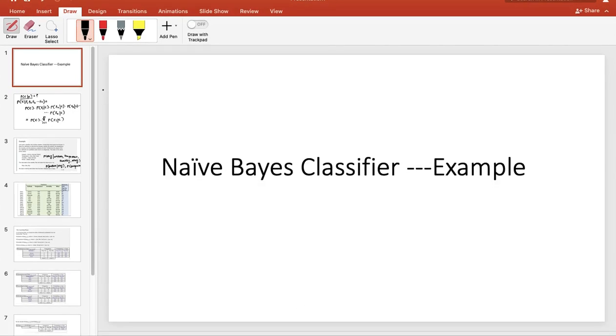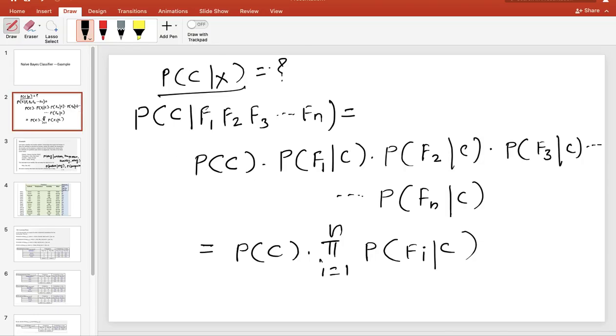So, naive Bayes classifier example. In the earlier video, we saw how the naive Bayes classifier works. In the naive Bayes classifier, the problem statement is: given a data point x, to which class will it belong? That is the question we are asking, and for that we are computing the probabilities,